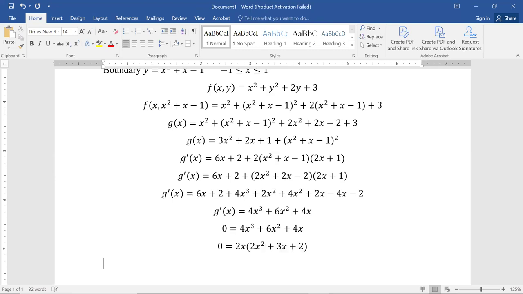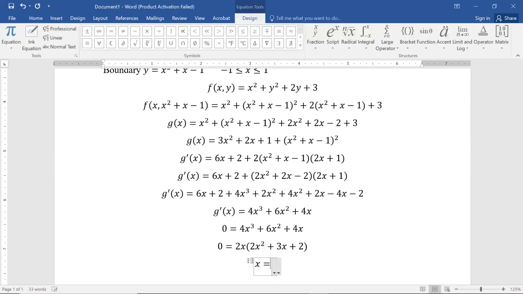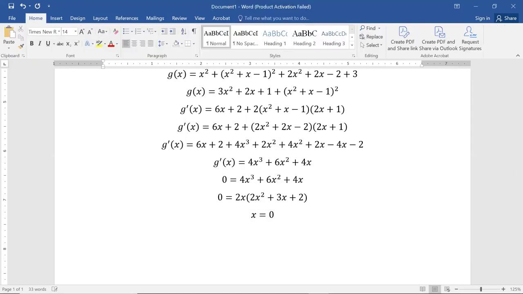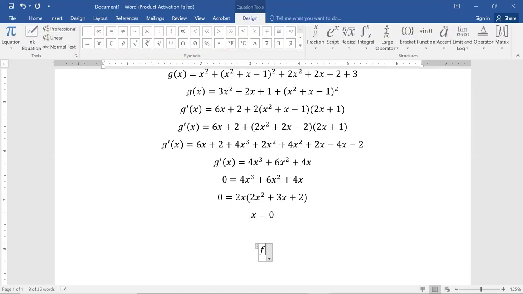So quite nicely, the only time we get 0 is when x is equal to 0. So the only value I need to check is the value when x is equal to 0. In other words, all I need to check here is what happens when I plug in 0, -1 into my function,